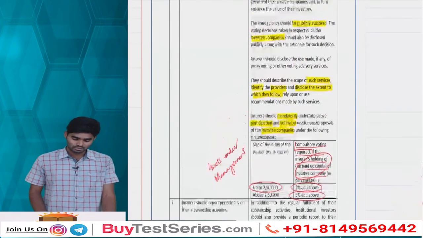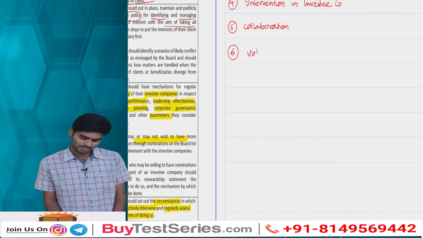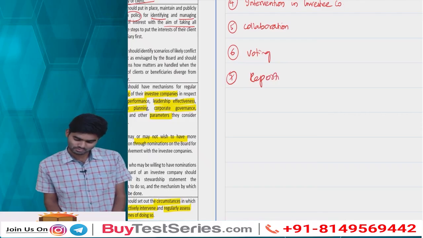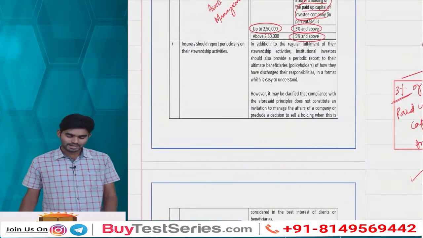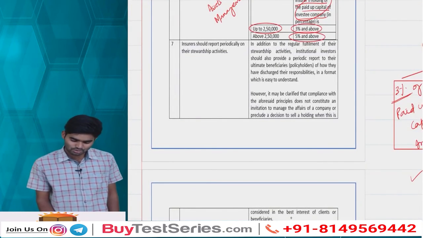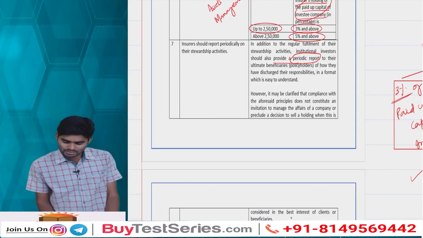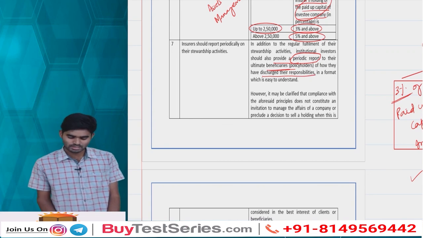Periodical reporting. So where are we? This one, yes. Sixth one is with respect to voting, and the last one, that is reporting. So what it says, in addition to the regular fulfillment of the stewardship activities, institutional investors should also provide a periodical report to whom? Obviously to the ultimate beneficiaries, as to how they have discharged their responsibilities in a format which is